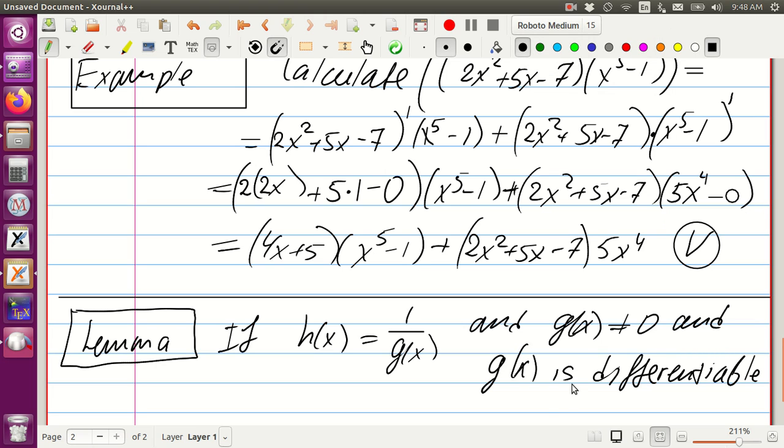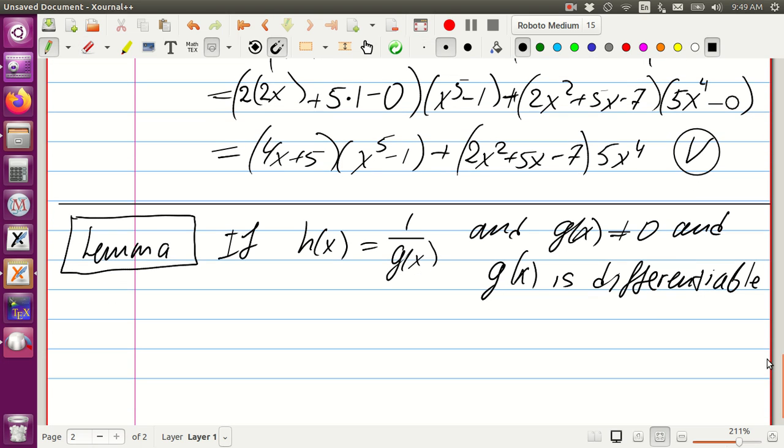So if we have h of x, which is 1 over g of x, and g of x is not equal to 0, and also g of x is differentiable, then what is the conclusion? Then h of x is differentiable,